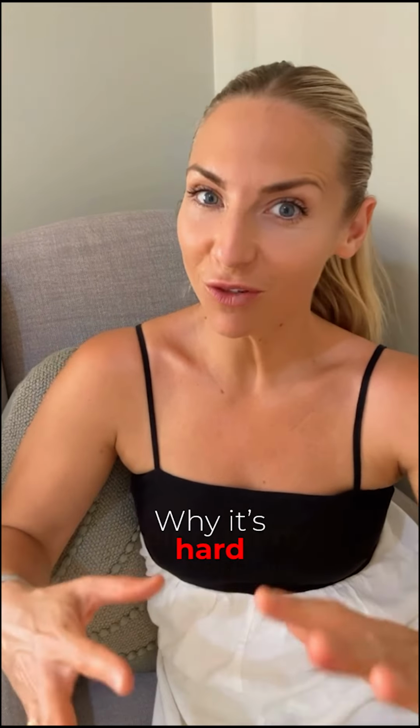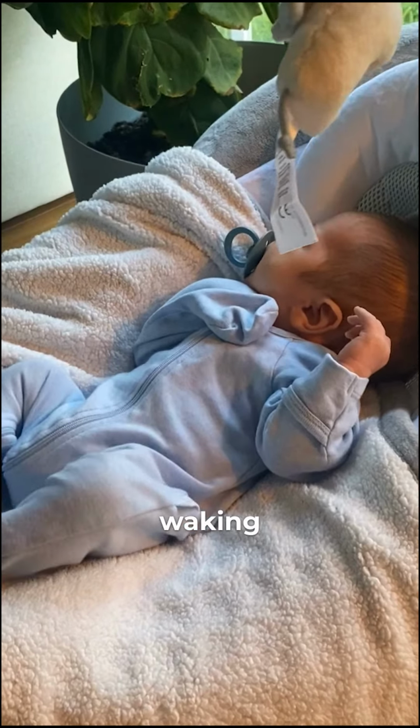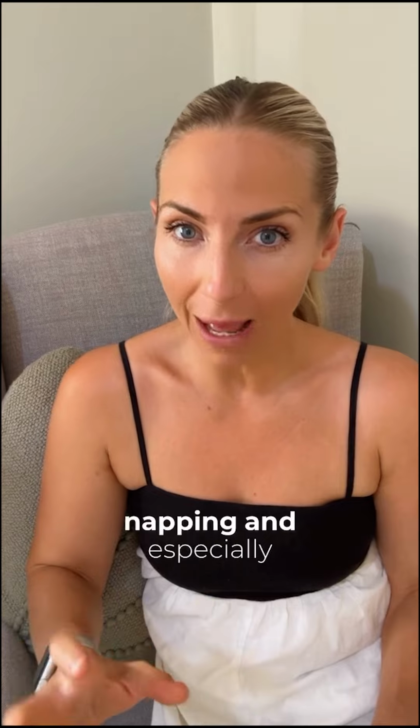Why between the ages of 2 to 2.5 can be a really tricky time to get rid of the dummy. Now, don't get me wrong, if your little one is having poor sleep and the dummy is constantly waking, it is so worth making changes and getting rid of that dummy. However, I would typically recommend 2 or before, or essentially if your little one is still napping, and especially if